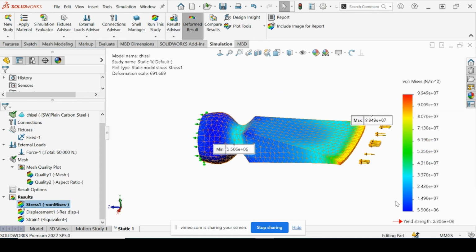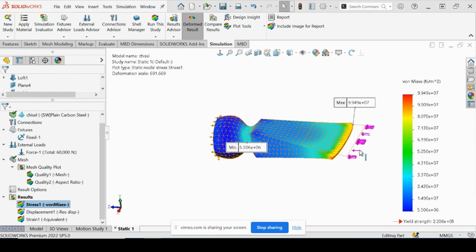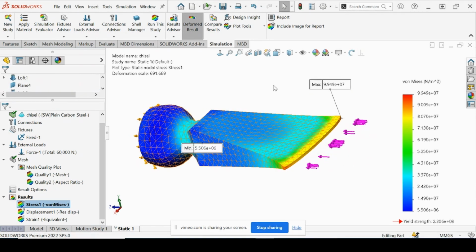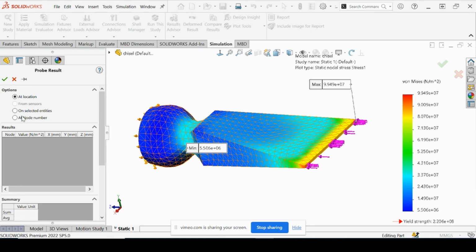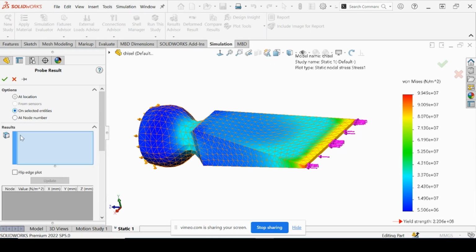You can tell, by looking at our yield strength of the material, that our max stress is still less than the yield. So that means that this part will not fail with the 60,000 Newton load as it is currently set up. We can also, if we want, in our plot tools, probe along the edge. We're going to select on selected entities here, and we're going to click